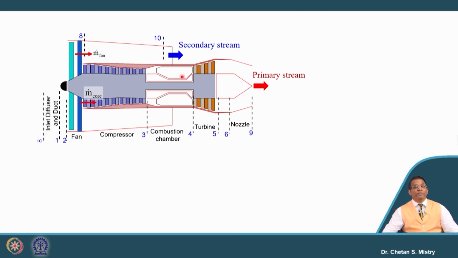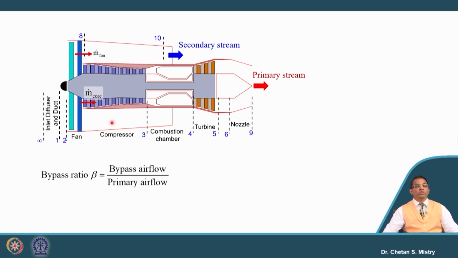The next component we have is our combustion chamber. The working principle of the combustion chamber for this turbofan engine is the same as for the turbojet engine. We have the turbine section, which also works similar to what we have discussed for the turbojet engine. We have the tailpipe and the nozzle. Now, in this case the construction is different, and in the same way the cycle will also be different. The additional parameter which will come here,